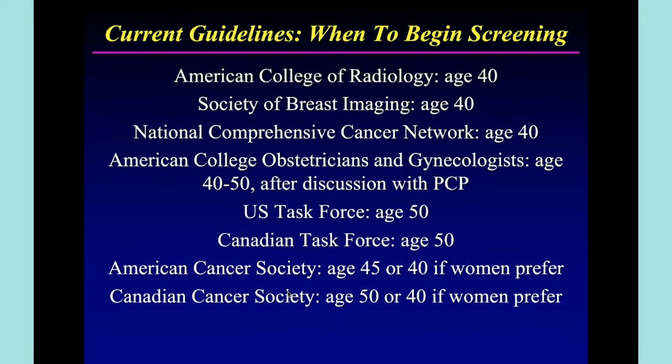These are the current guidelines from some of the organizations in Canada and the US. And you can see that the recommendations for what age to start and how often to screen vary widely. These conflicting guidelines did not arise because of different facts. They arose because of different value judgments applied to the same facts. And I'll talk a little bit more about that. You have to understand what your value judgments are and how they align with the organization that's deciding for your